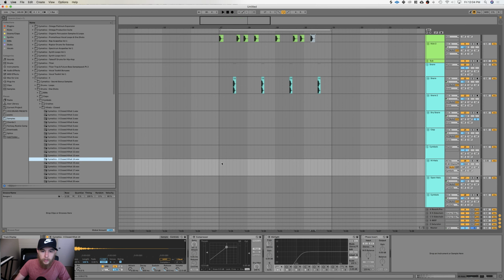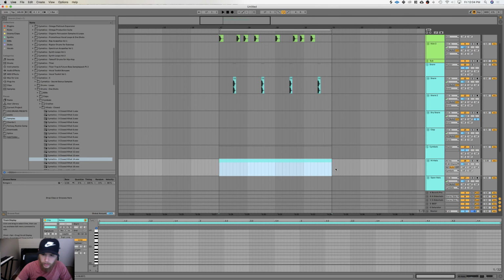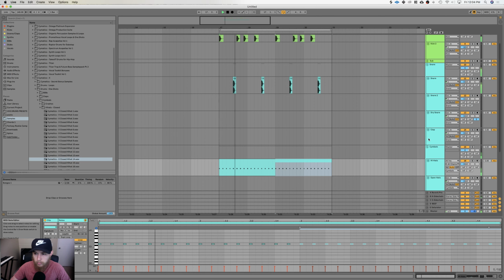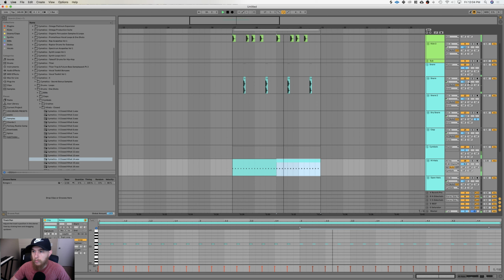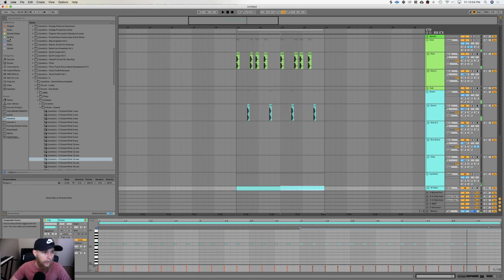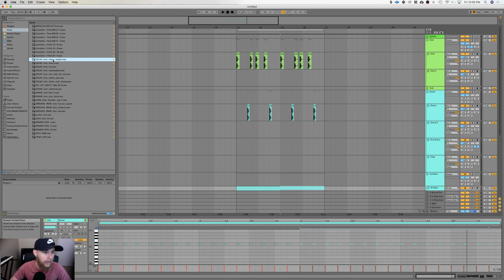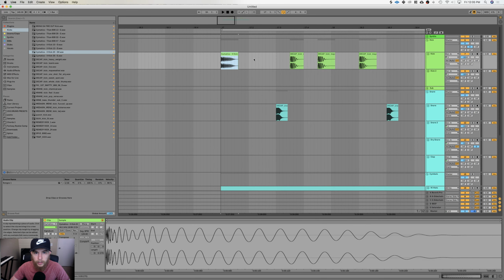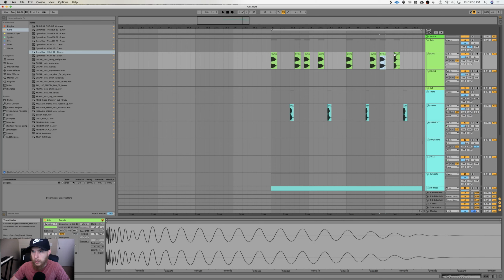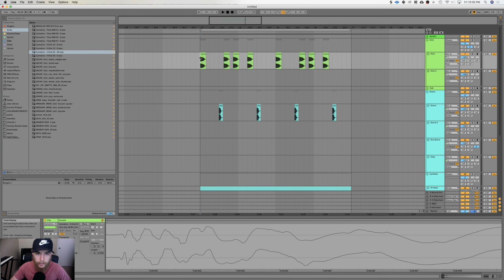Okay. So we'll just get a pattern going here. I like to get this set up first because I build everything else around it, meaning the drum pattern. I want to switch out that kick. Kick I wasn't feeling. Yes, I know there's a faster way to do this, but this is a bad habit that I have.